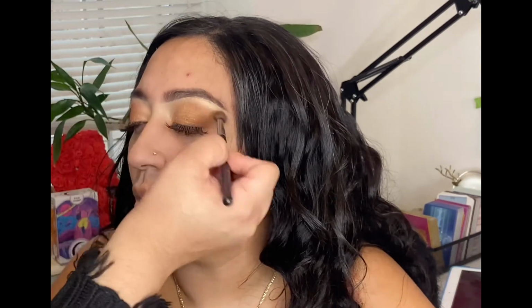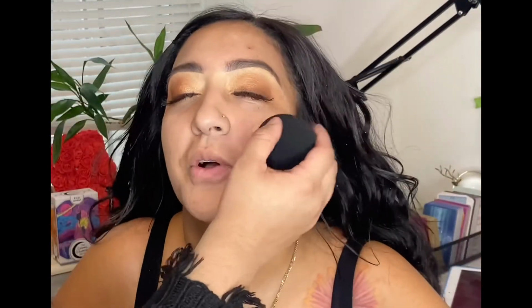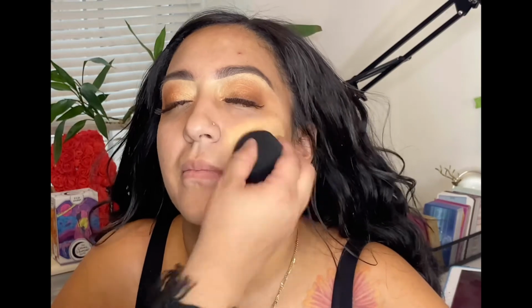So I'm using the same brush that I used for the base with that peachy nude. I'm blending it. Now I'm going in with a deeper brown on the outer corners, as you can see here, and we're giving it that lift. So we're not going all the way to the inner corner, we're just staying in the middle, going up to the outer corner. Now we're going to go in with foundation, and the foundation is Fearless by Gleybi's,